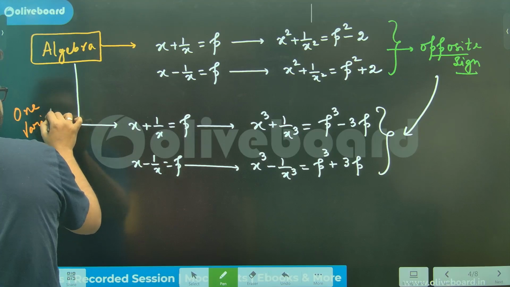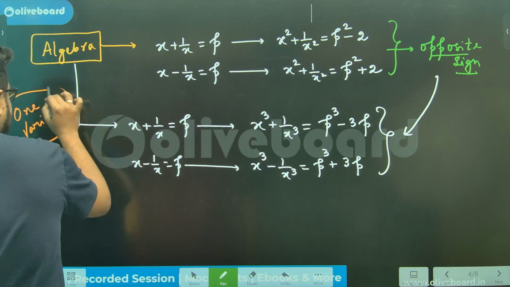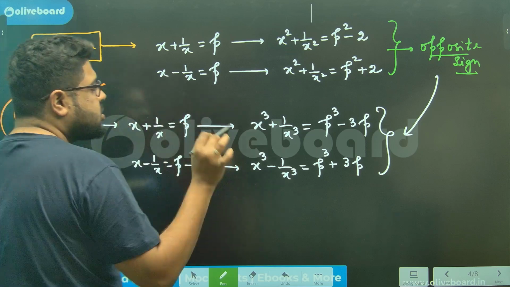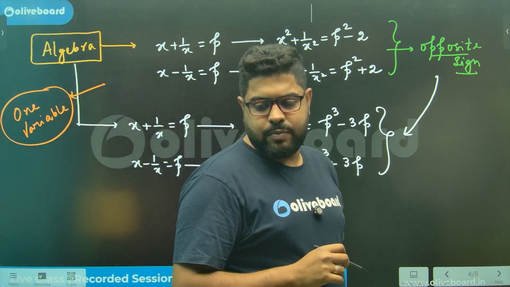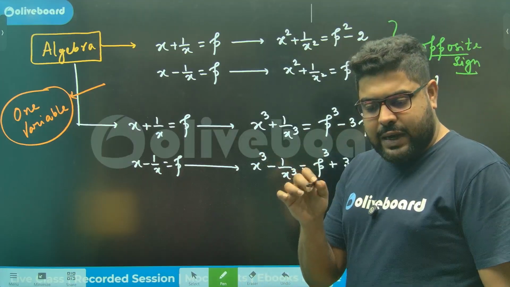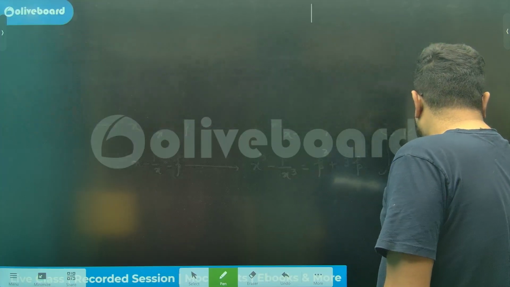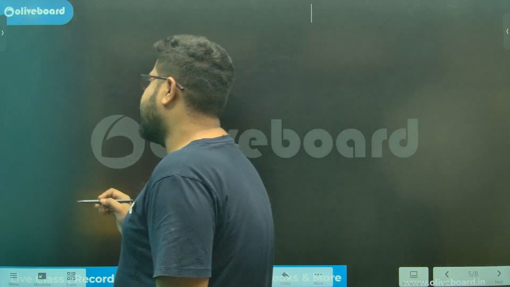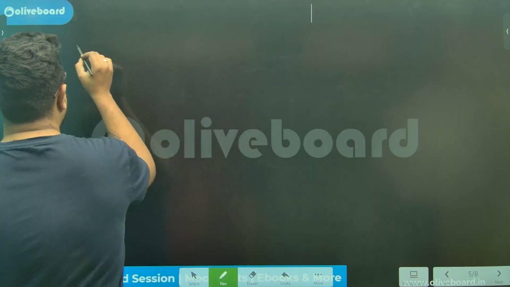Now, two variable algebra, I'm not writing any formulas because most of you already know this stuff. I'm not getting into that. What I'm getting into is three variable algebra, which will again be very, very important, which is